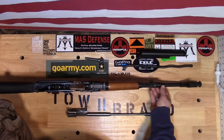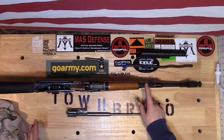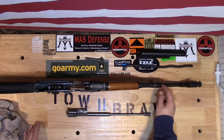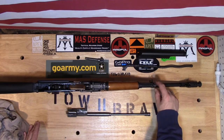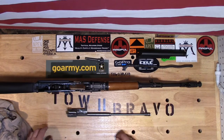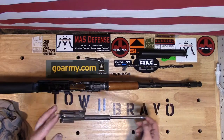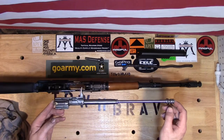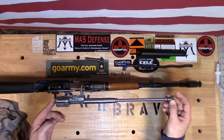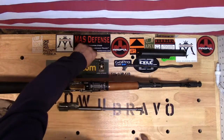again, front sight was addressed. Looks like it was done correctly. It looks good. Gas tube replaced. So I'm assuming, and I won't know until I get to the range, that this mechanism here, the gas adjustment, is going to work. The bolt carrier, a little rough, machining's subpar, but we're going to go ahead and see how it functions. And the bolt itself,